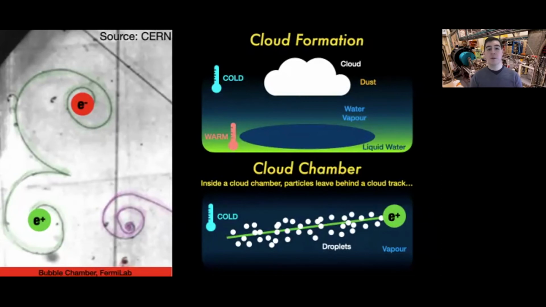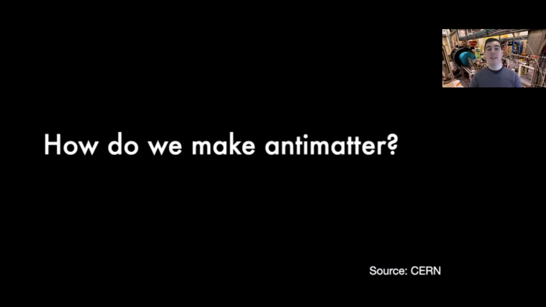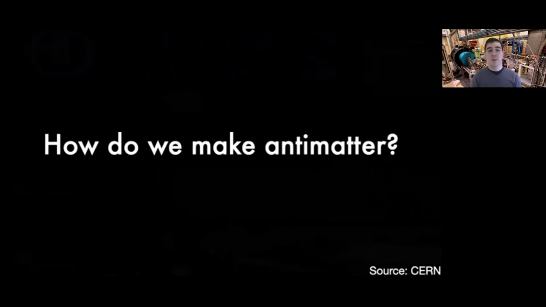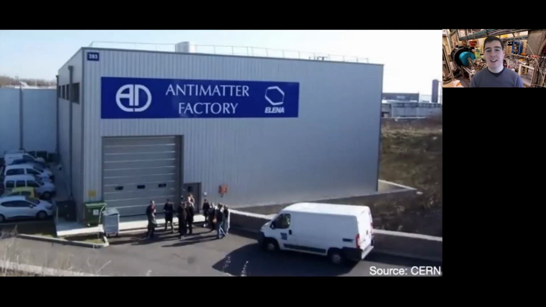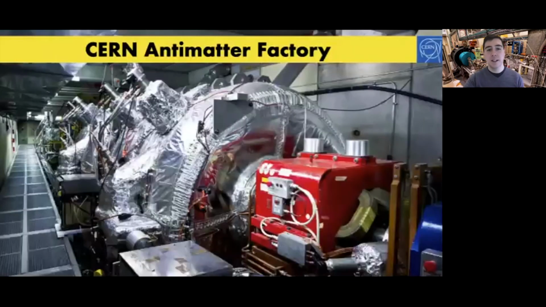The question we must now ask is, how do we actually make antimatter so we can use it in our experiments? And of course, where do you make things? In a factory. This picture is real, and it's what they call one of their facilities at CERN. They have particle accelerators and lots of other big machines which are used to make antiprotons.